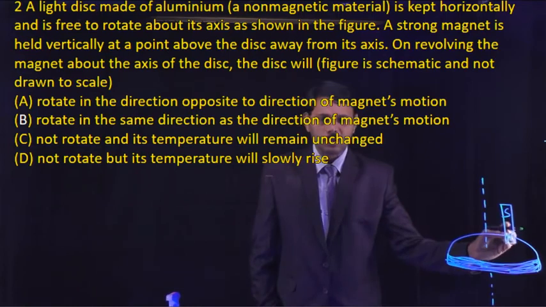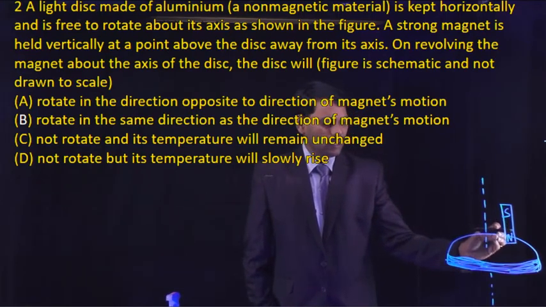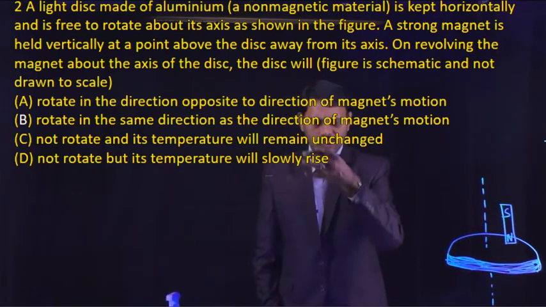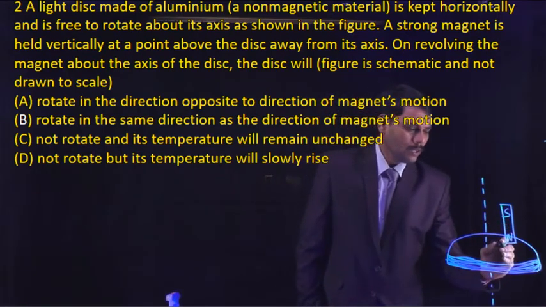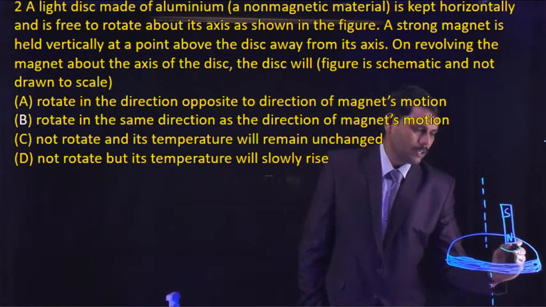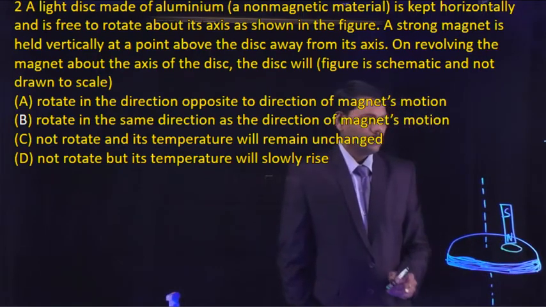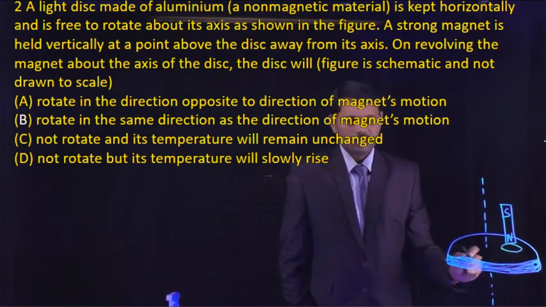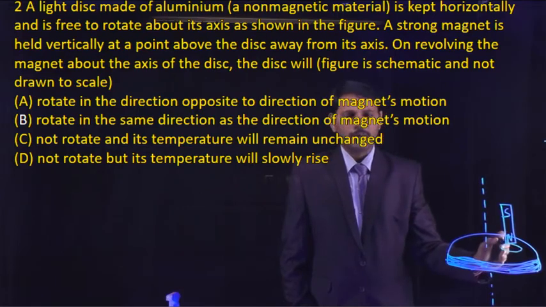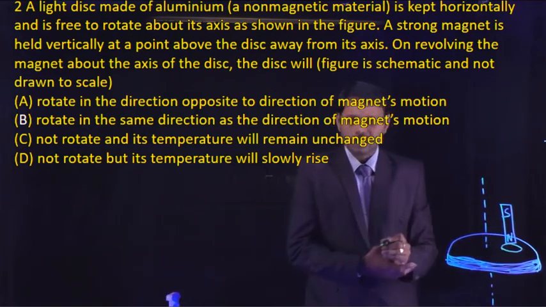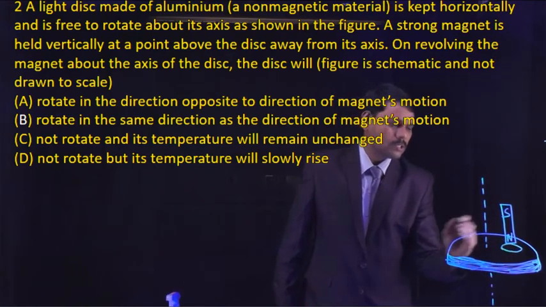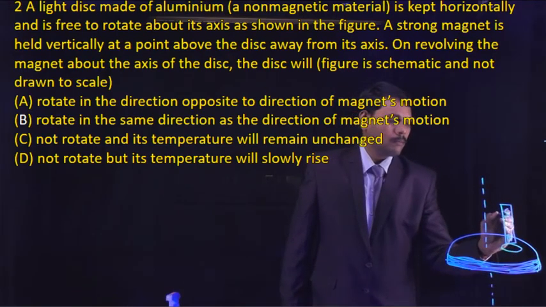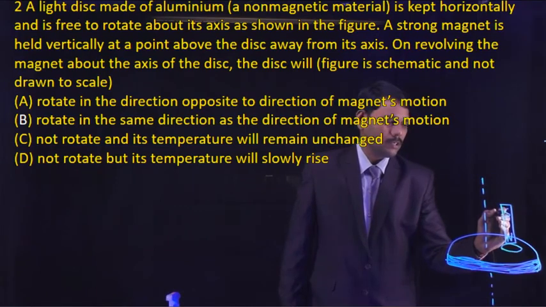Then what happens to the disc? In what way does the disc rotate? The options are given; this is a theory based, conceptual question. Here, we assume a loop on the surface of the aluminum disc. Now the bar magnet having north and south pole starts rotating. So when you move the magnet in this direction,